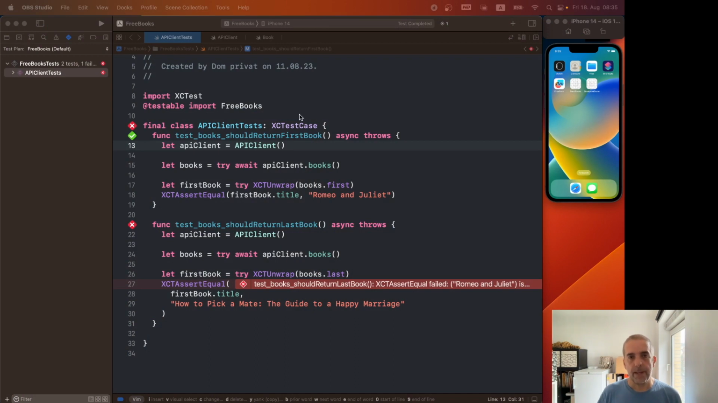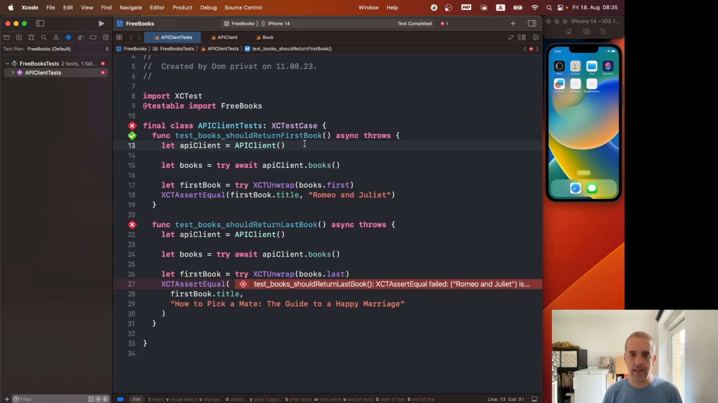You might remember that we already had two tests. The first test looked for the first book in the fetch and the second test for the last book in the fetch. But this is not really what we want. What we want in a test is that we can set up what we are expecting to fetch in the test itself. So let's say I would like to have something like